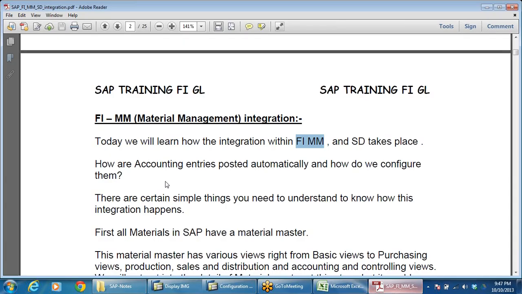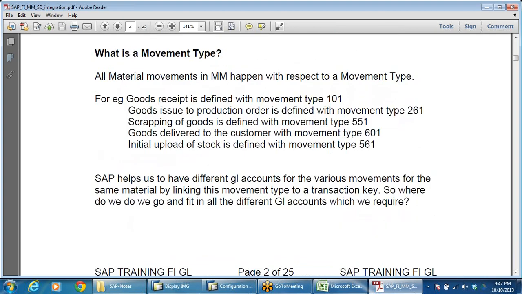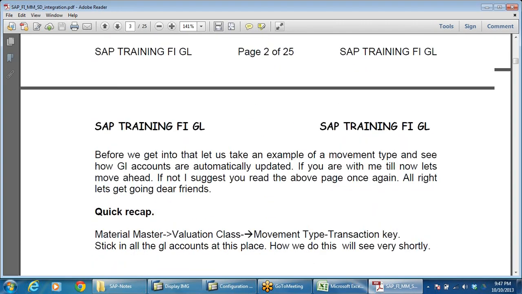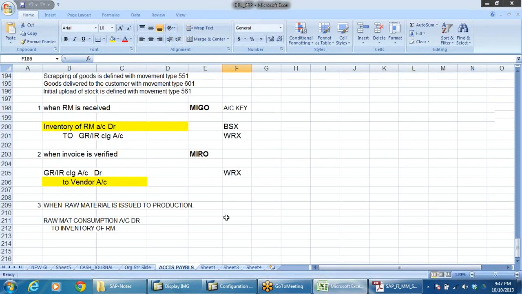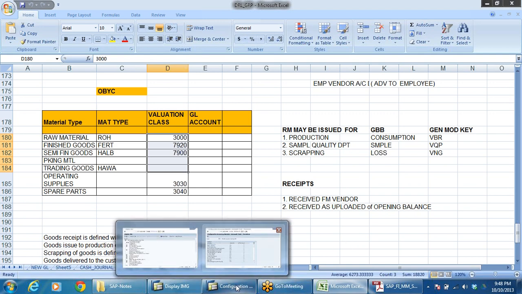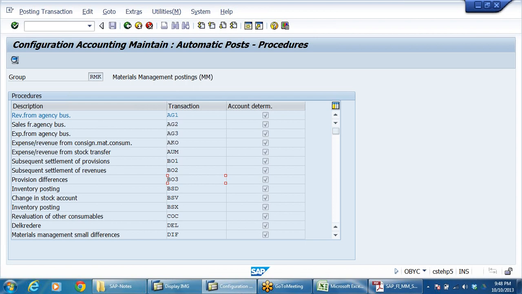I told you already, we have gone through some of these things. What is meant by valuation class? What is meant by movement type? So this is the material type: ROH, FERT, HALB, HAWA. Raw material is ROH, finished goods is FERT, and HALB means semi-finished goods. For each type of material, the system identifies the valuation class. This valuation class will be defined in the material master record, and the same thing we are going to see here in the